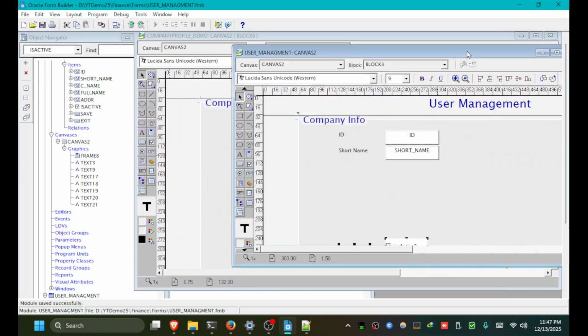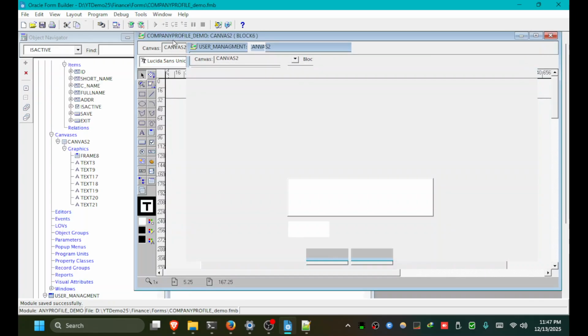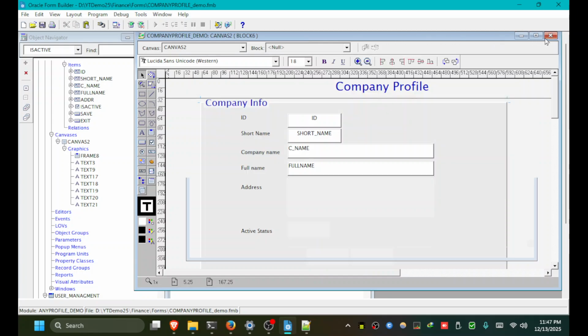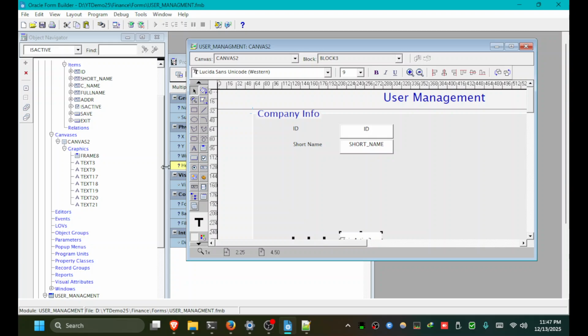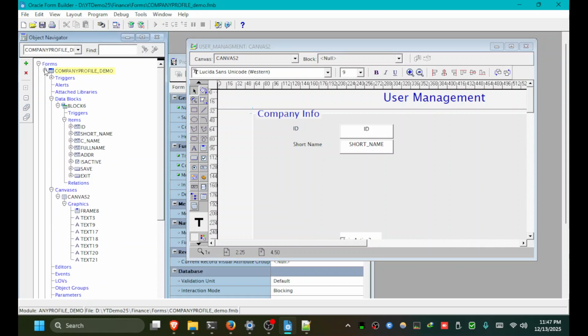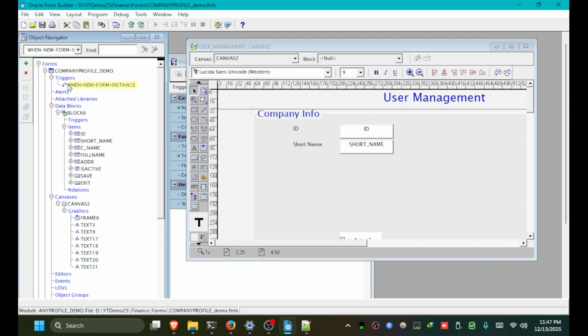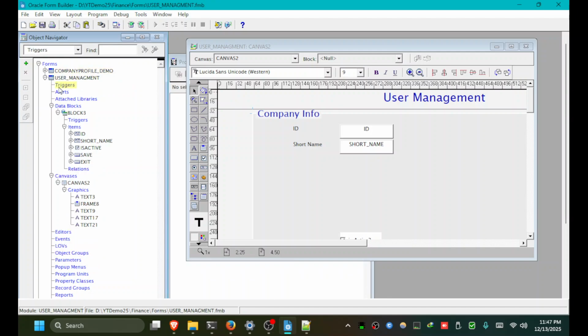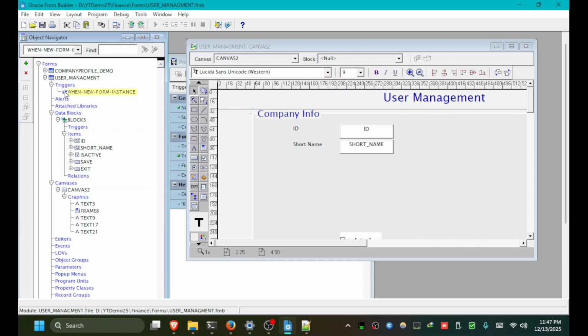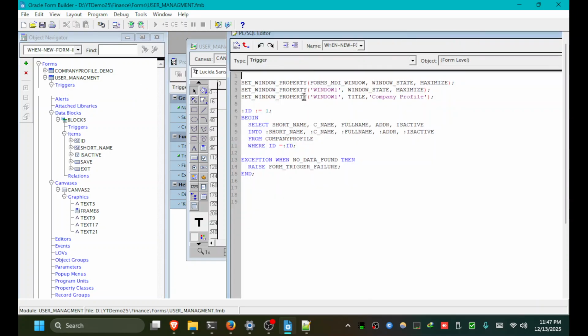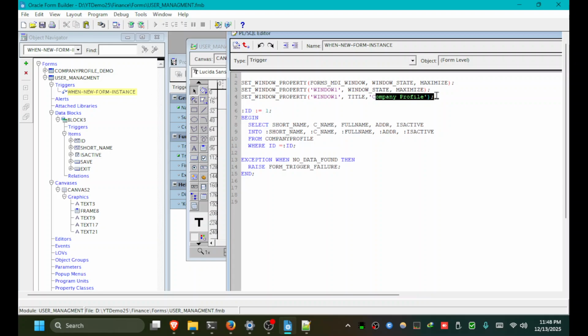That's it, and now let's close this form and go to this. Also copy the trigger, Control C, Control V, and in it we have to change something. This window name is the same, so we don't need to change its name. Change its title from company profile to user management,